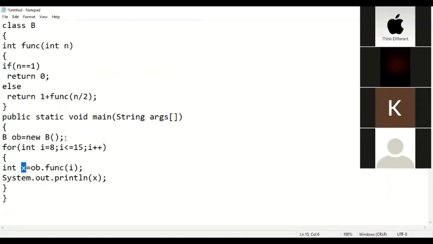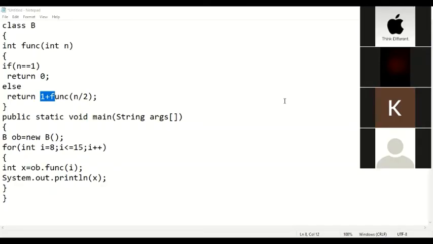What it is doing? See, when the value of function the value upon 2, that is has gone. The connection is going again and again. Now it is coming. Coming?